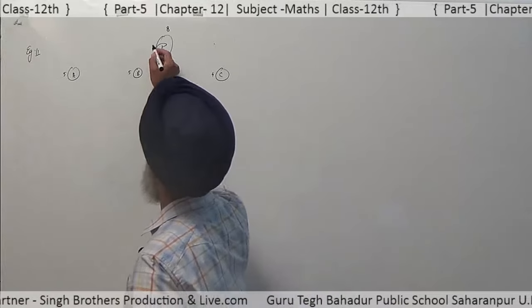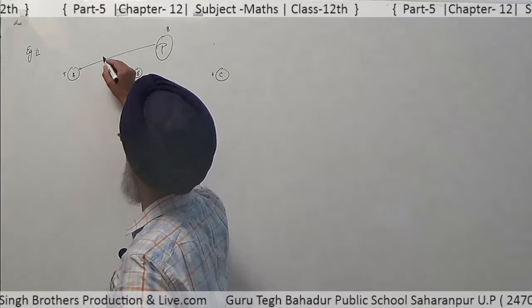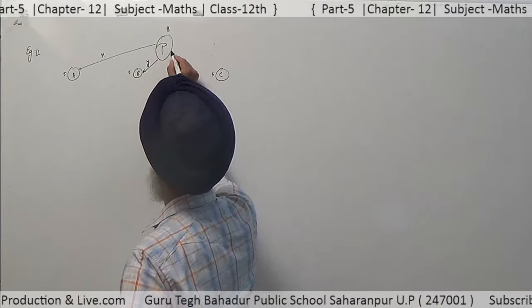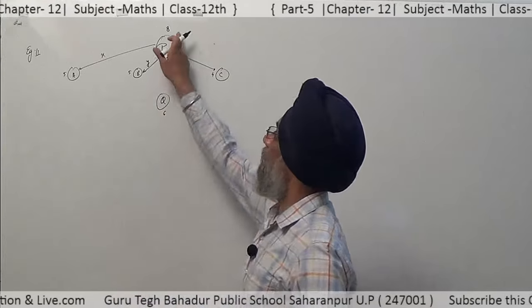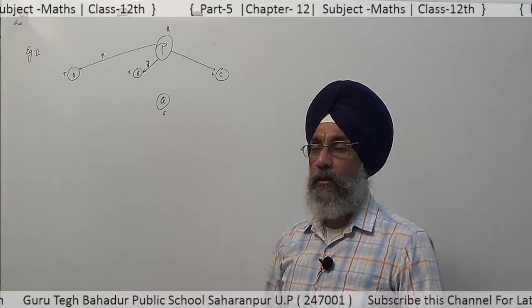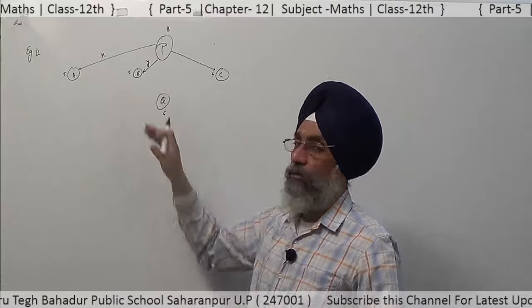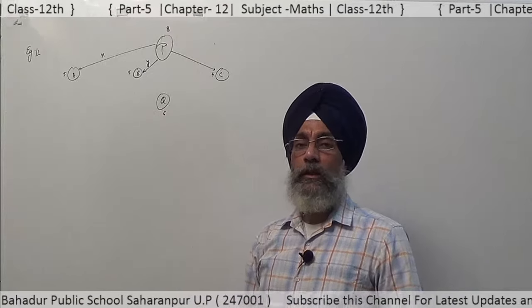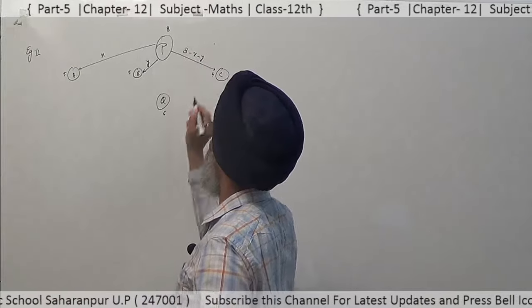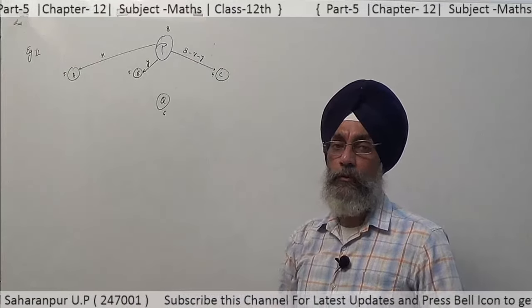Let X units be transported from P to A, and Y from P to B. Now, there are 8 units produced in factory P. X are transported to A, Y are transported to B. The remaining ones, 8 minus X minus Y, are transported from P to C.